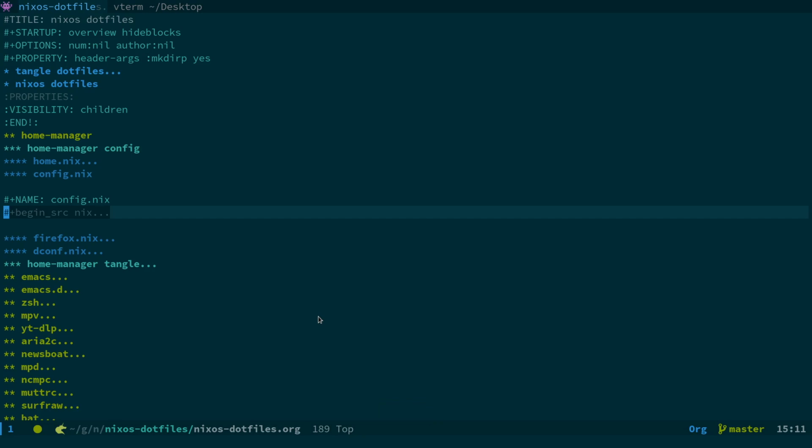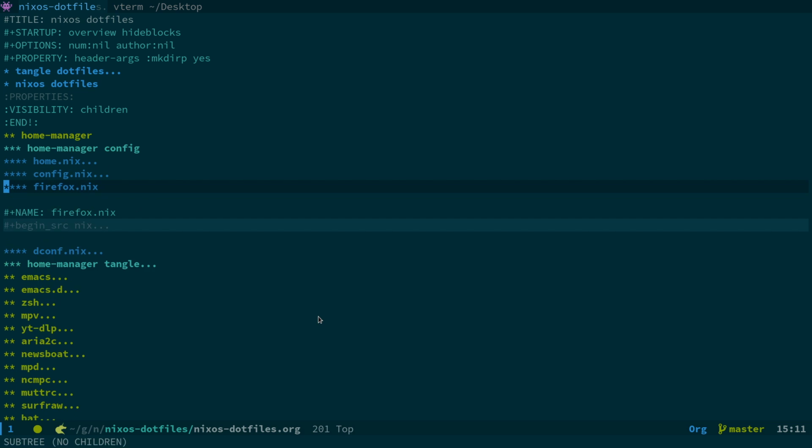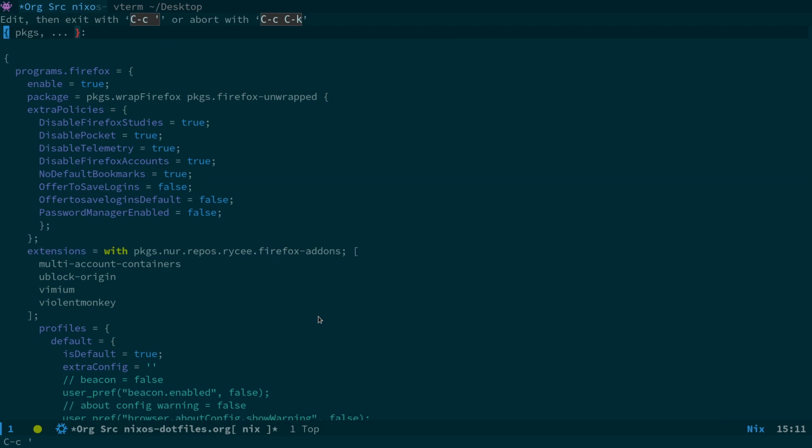So what I'm going to do is come across now to this, which is the Firefox config, and this is bonkers. This will make your head explode, because what you can do is turn on and turn off all the Firefox features when you build Firefox. So what you'll see here is programs.firefox.enable true. What we've got is it saying package wrapFirefox,